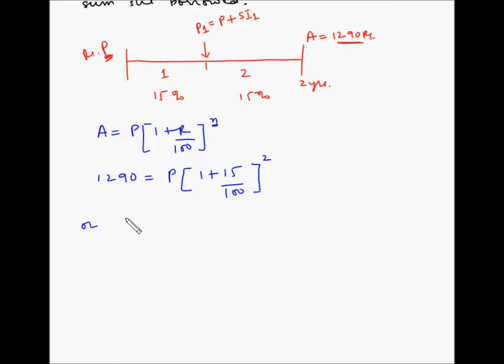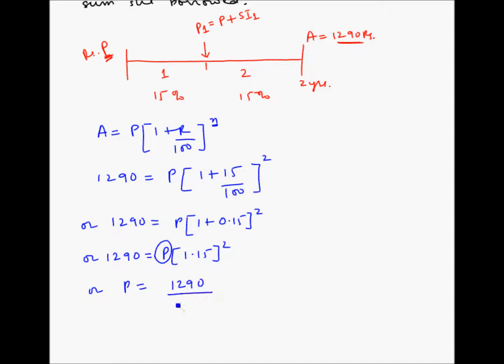So this becomes 1290 is equal to P into (1 plus 0.15) squared, or 1290 is equal to P into 1.15 squared, or so let's keep P on one side and move the numbers on the other side. So P is equal to 1290 divided by 1.15 squared,